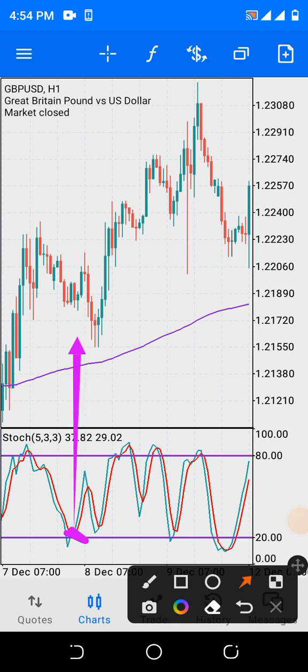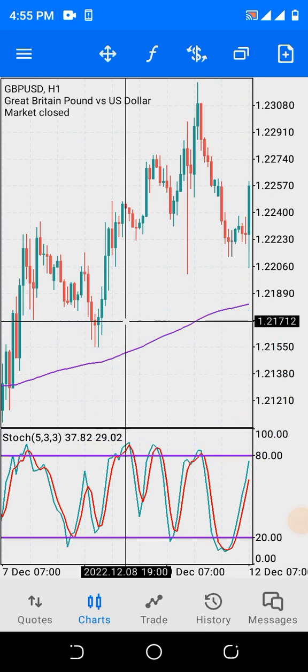That is to say, you need to make your entry at this point. Now, I told you that using this particular strategy, you make use of a 1:3 risk to reward ratio. Now, this is how you make use of it. So here now, your entry is here.